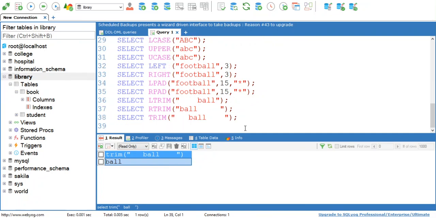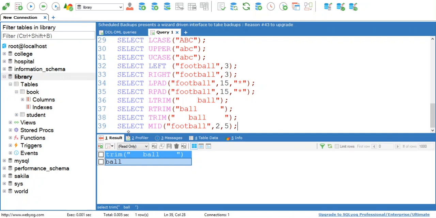Then the next function is mid. The mid function is used to extract a substring from the given string. Here the parameters of the mid function are: first give your original string, then give the starting position, and then give the number of characters that you want to extract.